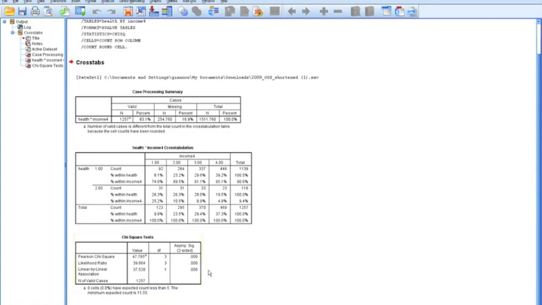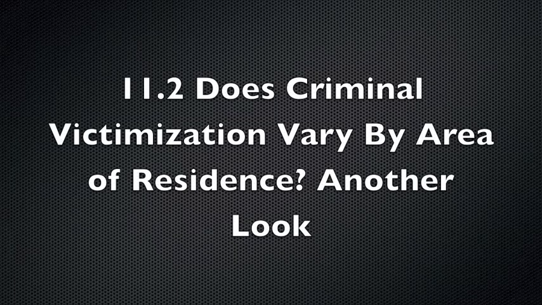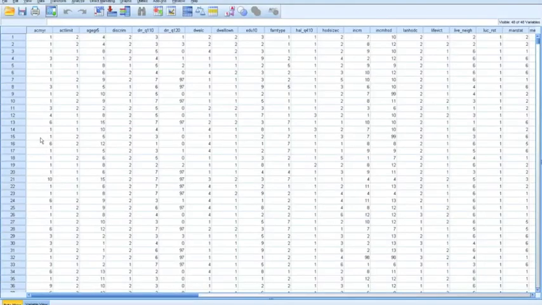The exact probability of chi-square, 0.0, is well below the standard indicator of a significant result, 0.05, so we reject the null hypothesis that the variables are independent and conclude that there is a statistically significant relationship between income and health. SPSS Demonstration 11.2. Does criminal victimization vary by area of residence? Another look. In Demonstration 10.1, we used the crosstabs procedure to examine the relationship between the ever been a victim of a crime variable